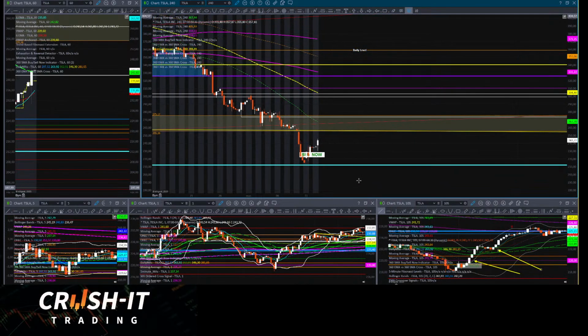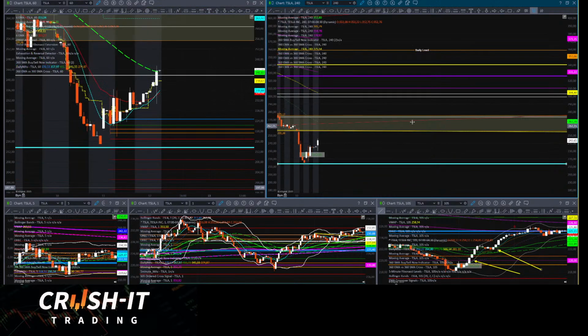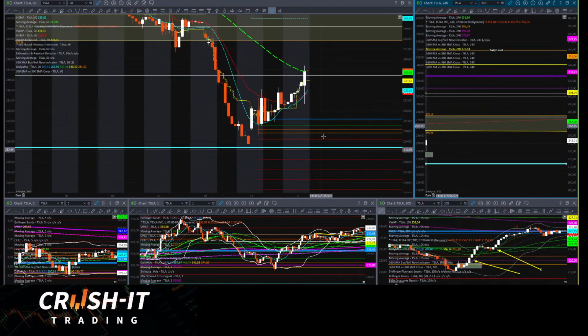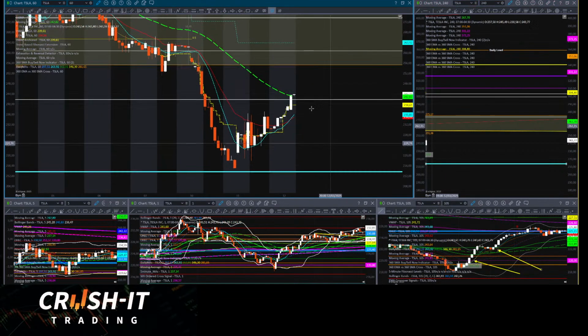I mean, that's a pretty good level right there. So if we get below that, we got a nice big window to the downside. I don't know that we'll get below there today, but it's definitely something to watch. I have that highlighted on the charts here. But Tesla, we're at the 50 SMA on the hourly. So to me, this is pretty critical. I think that if we get above this right here, we might see a retest of the downside here at the open